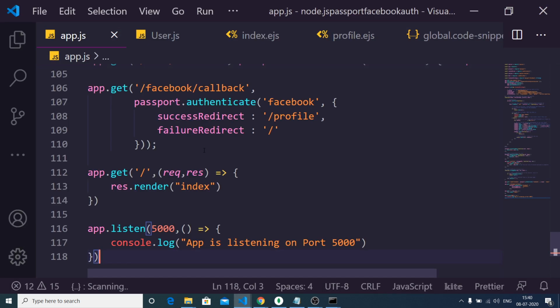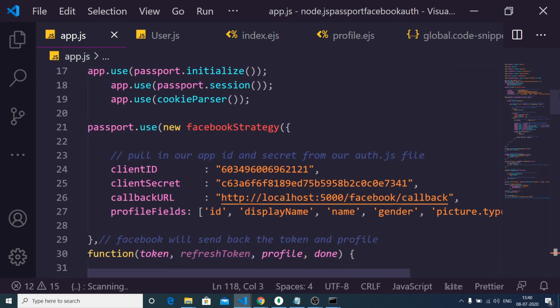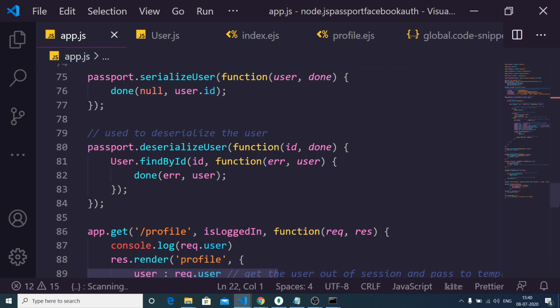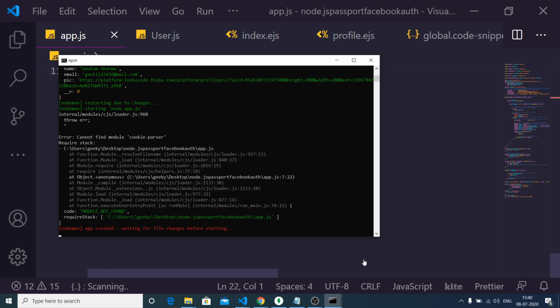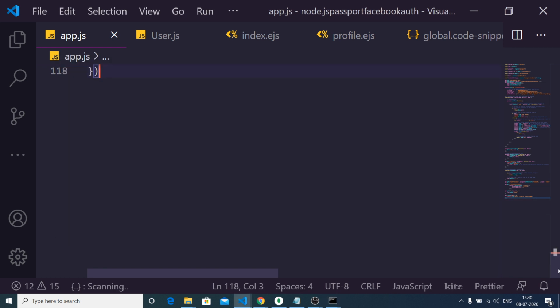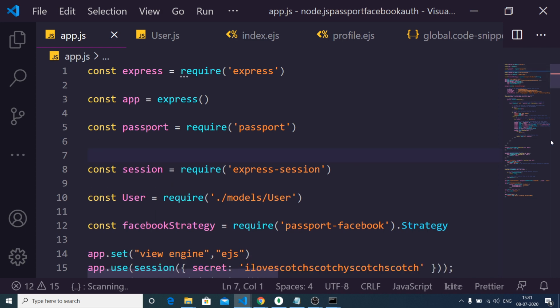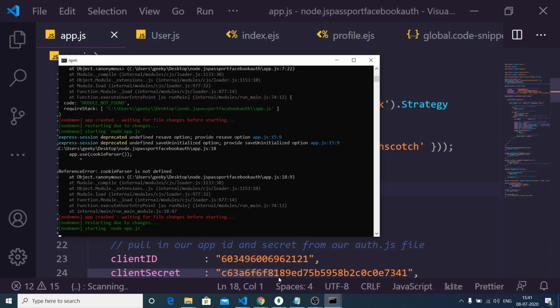So here we just need to make some change. Let me just refresh it. Cannot find the module cookie parser. So let me just delete it. So if I refresh,